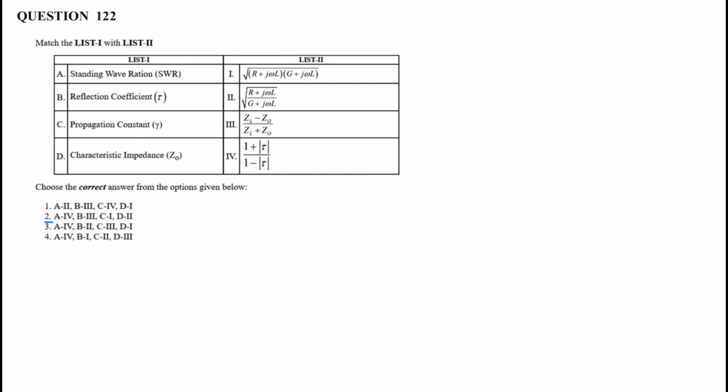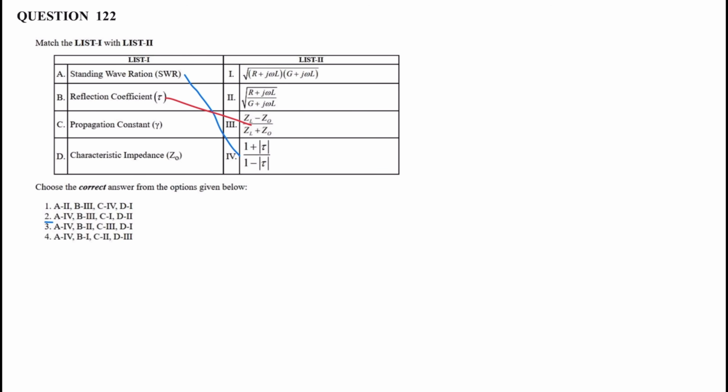Question number 122. Stand VSWR, voltage standing wave ratio. It is (1 plus gamma) by (1 minus gamma), where gamma is the reflection coefficient. In the question, they have mentioned the reflection coefficient as tau. So it is (1 plus tau) by (1 minus tau), and the reflection coefficient tau is equal to (ZL minus Z0) by